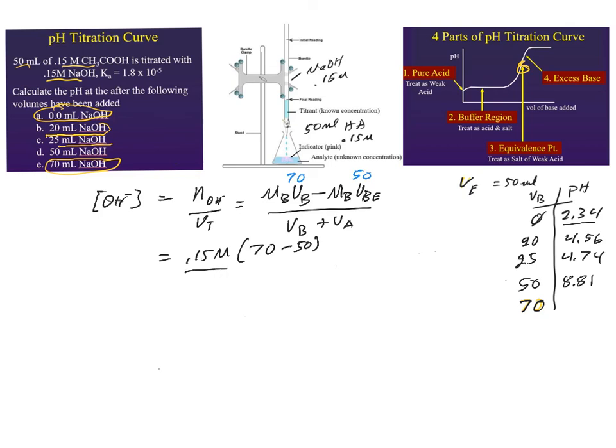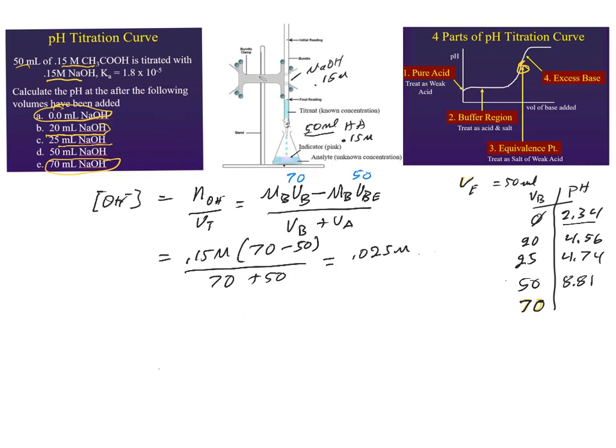And that's divided by the volume of the base, which is the 70 mils, plus 50. Recognize that this 50 is the 50 mils of acetic acid in the Erlenmeyer flask at the beginning. And I now do my calculations, and I come up with